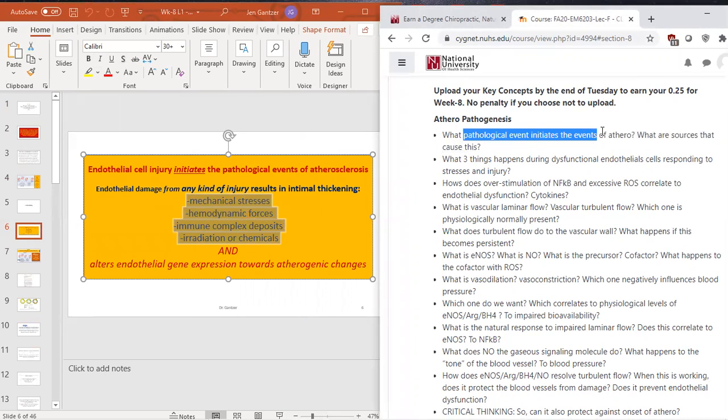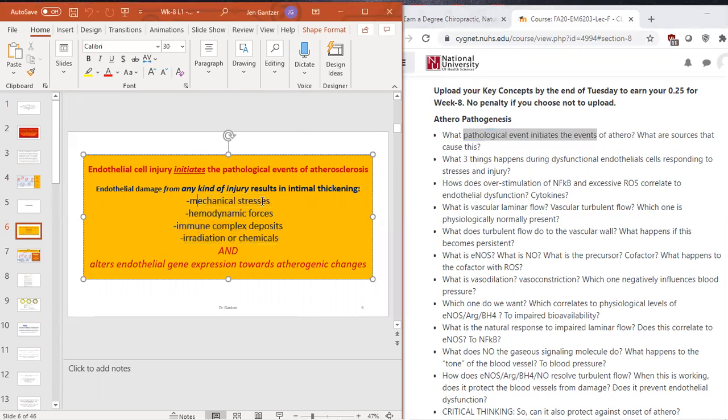The pathological initial event of the atherosclerosis mechanism, pathogenesis, excuse me. So we are looking at mechanical stresses, hemodynamic forces, immune complex deposits, irradiation, and chemicals. And all of these can be happening. Now, many times when we have hypertension and oxidative stress and a lot of our metabolic imbalances, hyperglycemia, hyperlipidemia, hyperhomocysteinemia, hypertension, these are going to primarily induce hemodynamic forces and mechanical stresses, especially when we're looking at the metabolic disturbance, the obesity epidemic,